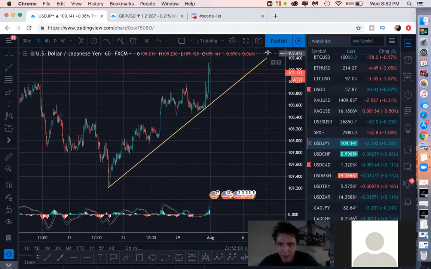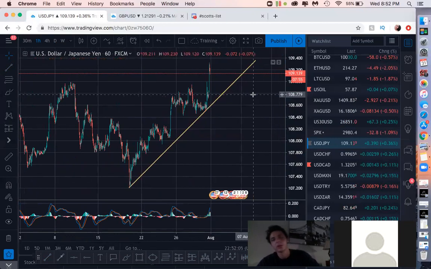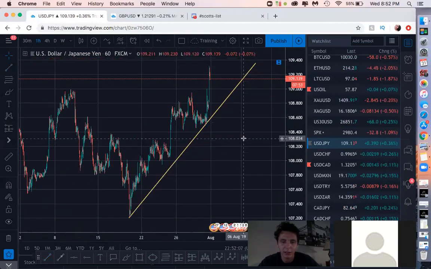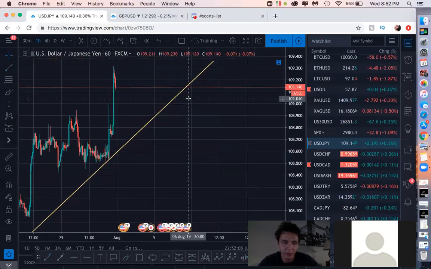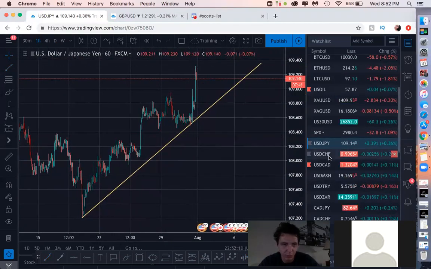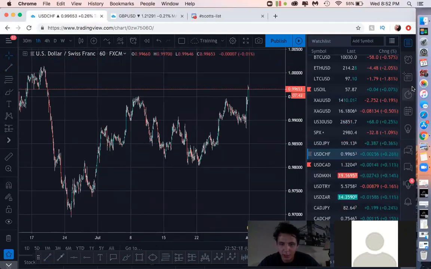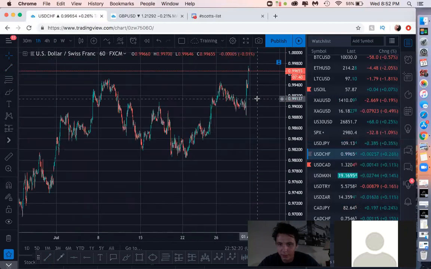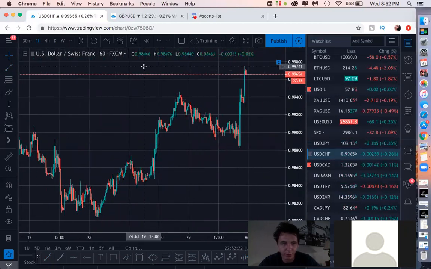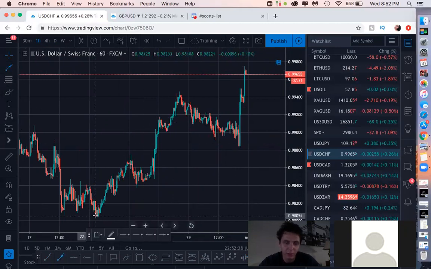So yeah, that's just kind of what I do when I'm looking to set up some trades. I'm setting these trend lines, and I'm just kind of looking and waiting. USD/JPY is not doing much right now. I stay completely away from USD/CHF, but it's a very, very, very good example of what a flag is. So again, you're going to be able to spot these like nothing by the time this 4 weeks is done.